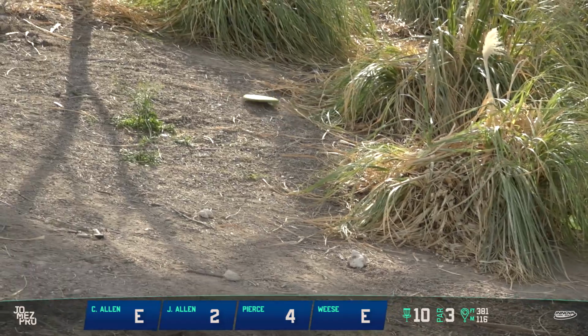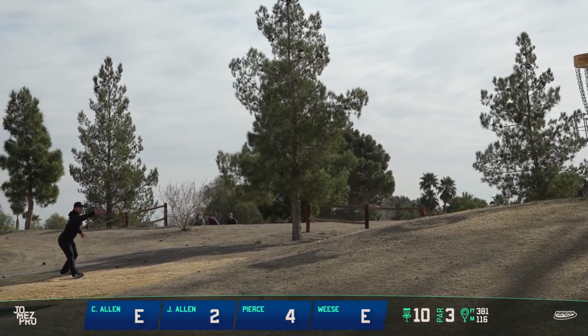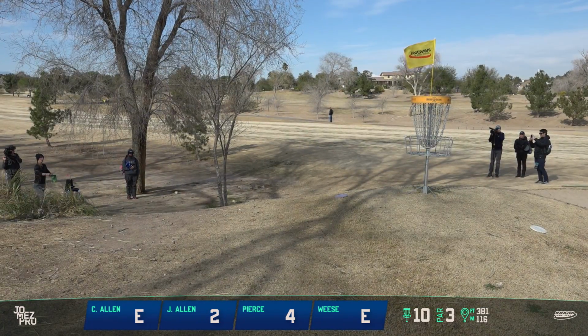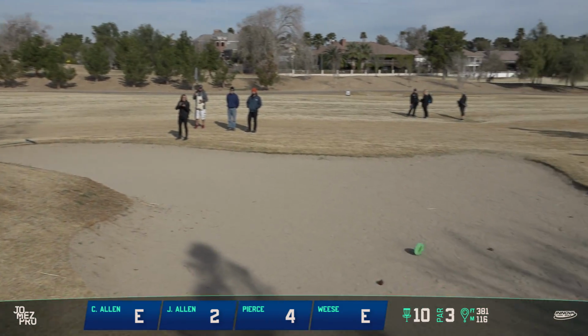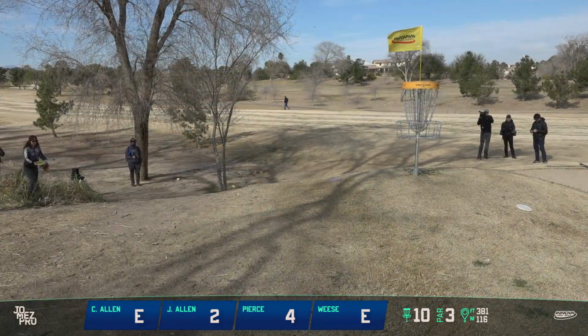Stop. Ooh, a lot of action. She left herself a bit of a putt there. This is the first hole that you had to start really worrying about making your putter land flat, because if it stood up on edge, it was going to roll, and it was going to roll either out of bounds or really far. Woo! Oh gosh, like that. Fast green. Speak of the devil. Wow, that almost rolled to being safe, but